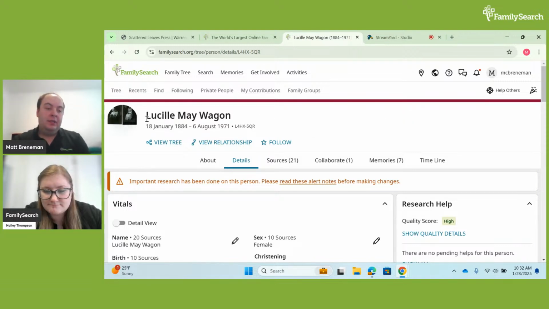Yeah. Well, it depends. A lot of the information in the historical records on Family Search is available to members throughout the world. But some of the information and databases that we use are only accessible through Family Search centers.